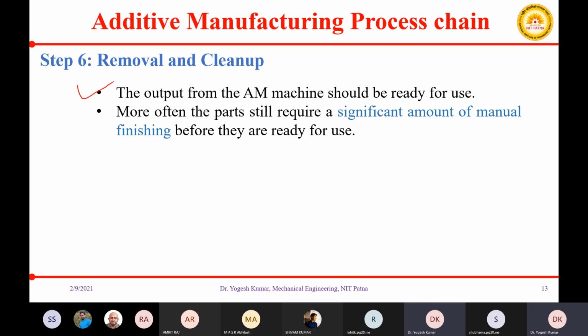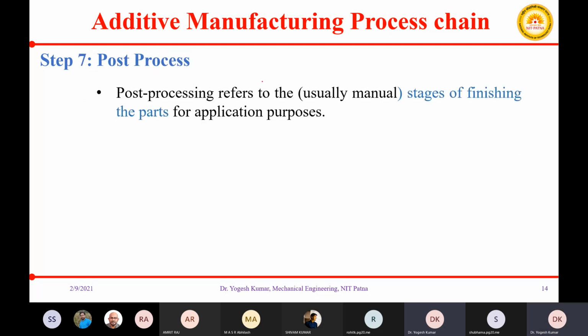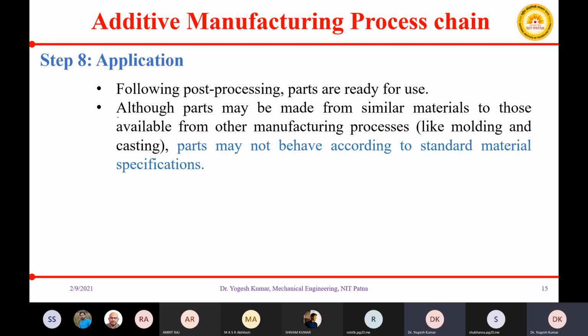Then as soon as your printing is completed, obviously you need to remove your product from the platform. In some cases, post processing may be required, and this post processing may be in the form of removal of the support structure, or some further finishing may be needed in order to provide the required surface accuracy.